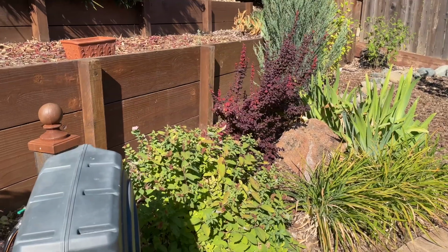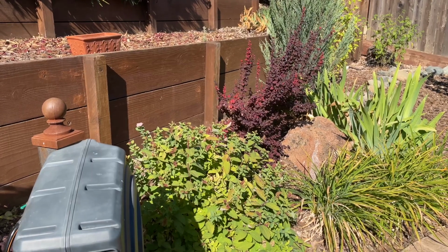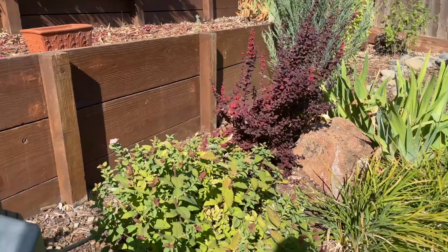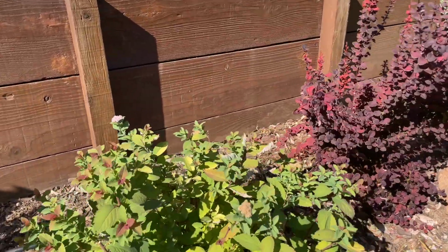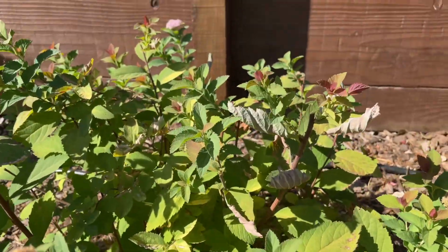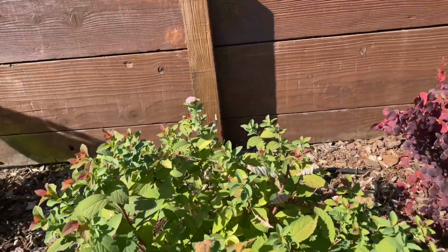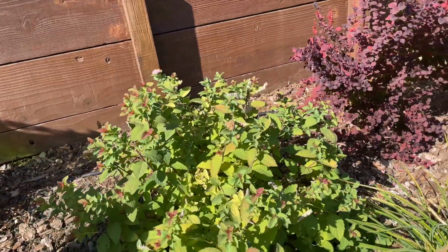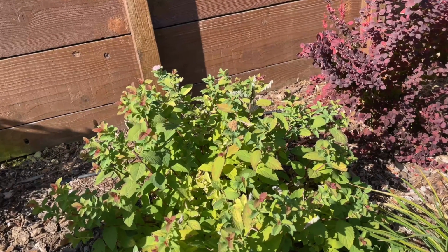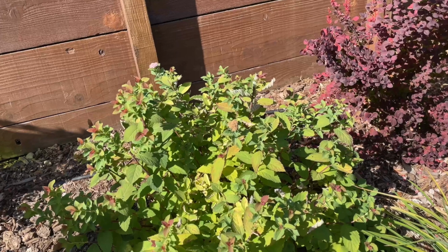All right, the candy corn spirea is looking good. I have had issues with scorching this year again, but not as bad as last year. So I think it's starting to establish. You can see some of the scorched leaves here and here. Again, is that watering? Probably. I feel like I'm watering quite a bit. It's getting 20 minutes 3 times a week, which is a lot of water, but maybe it just needs more